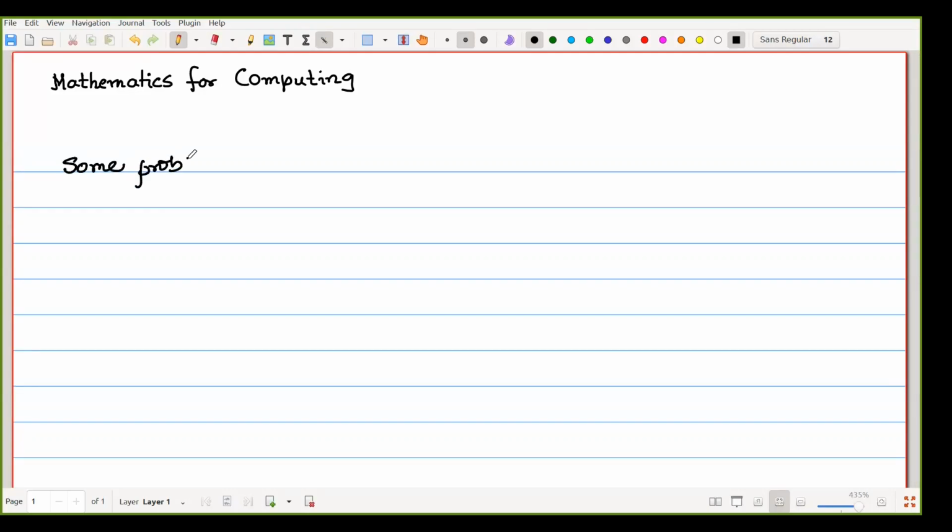Some problems on complex numbers. Suppose the very first problem is like this. We already know about the modulus of any complex number. So the question is, find the modulus